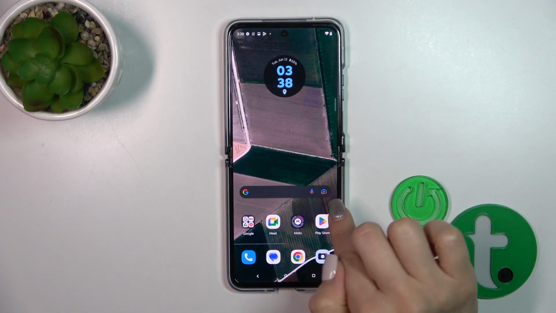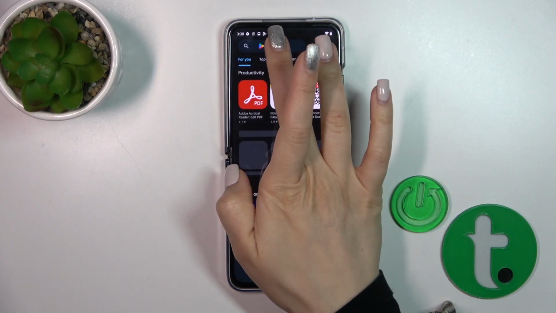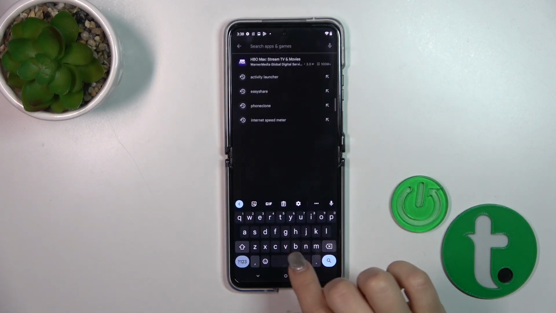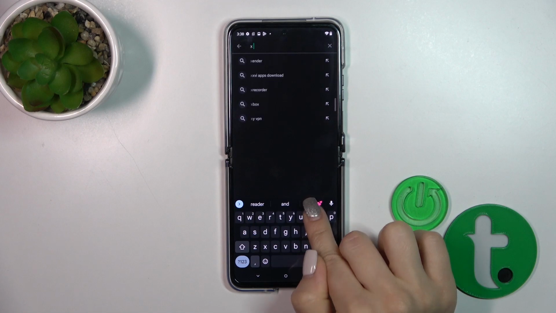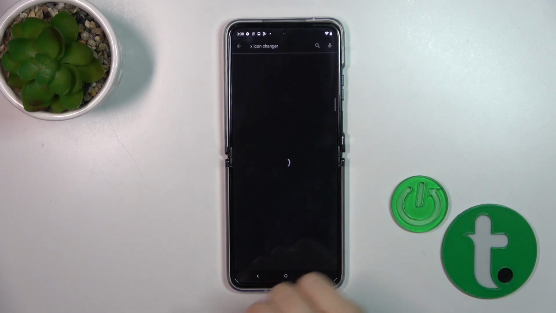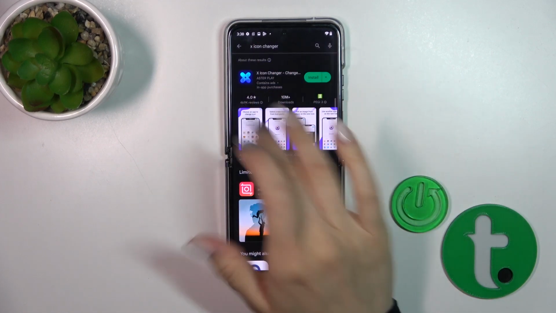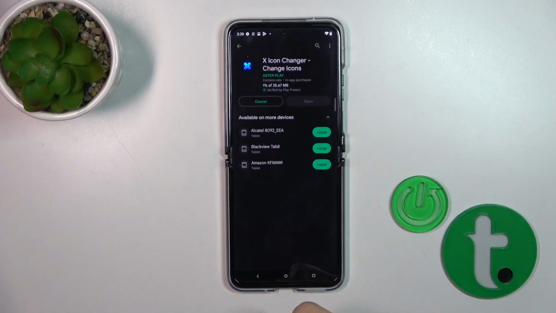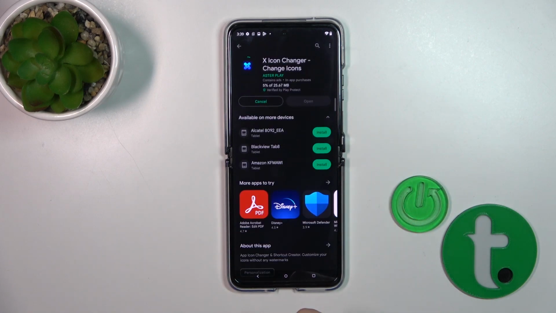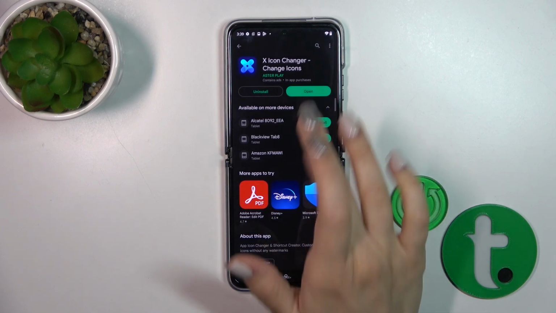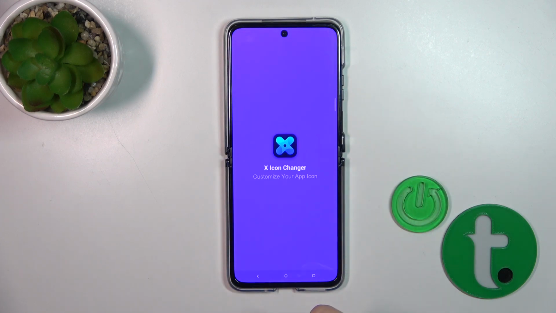So open first the Play Store application and in the search field enter the Icon Changer app. So now we should get this application, that's why tap the install button and wait a couple of seconds. After that, tap to open the app